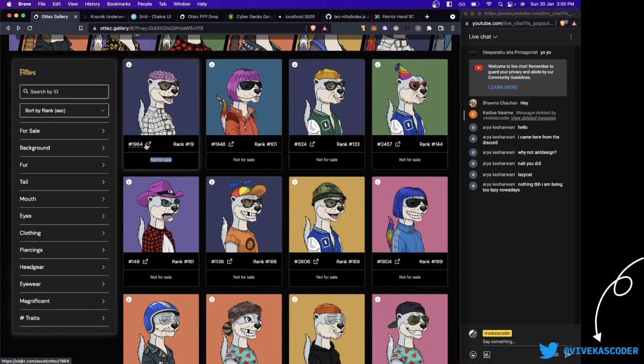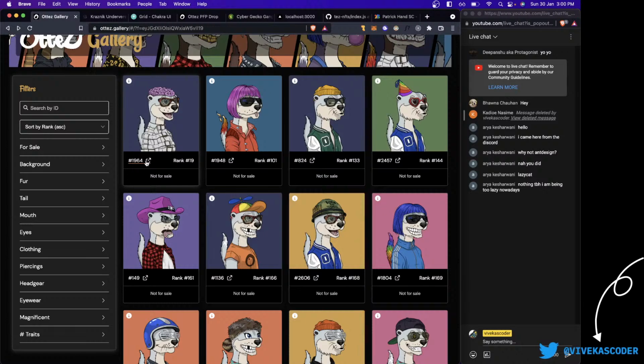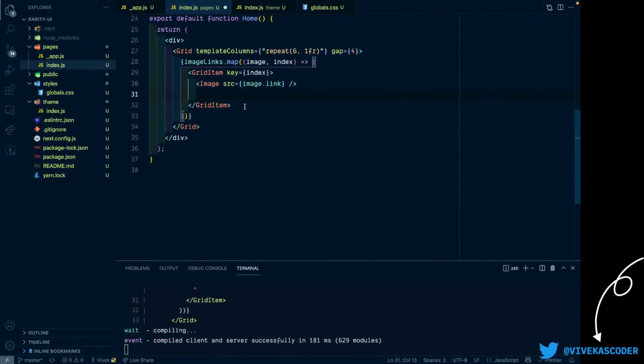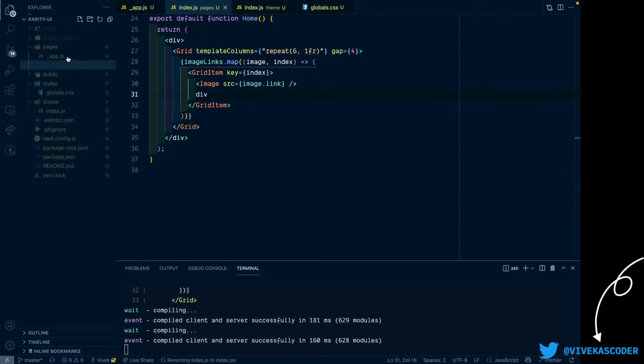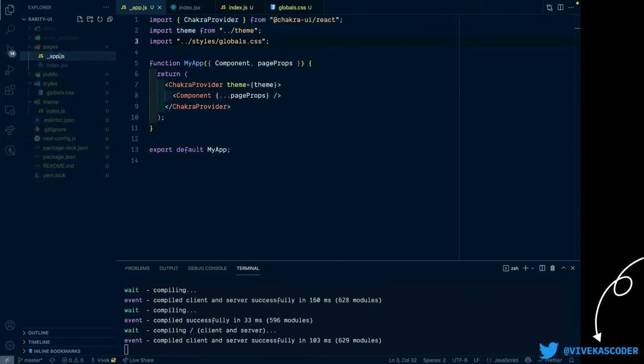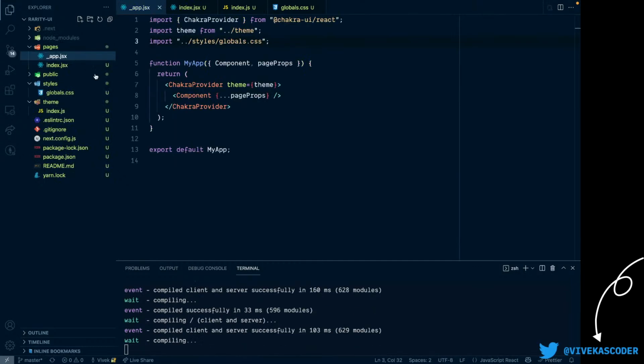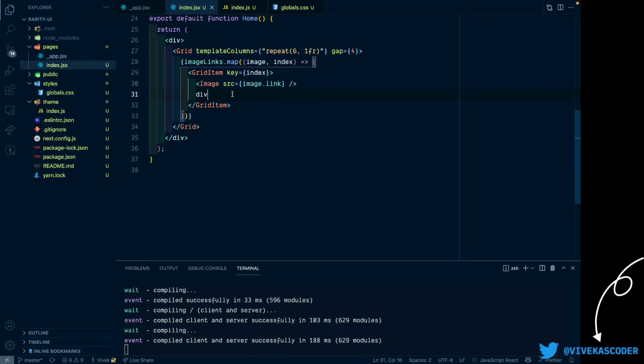Then you have the object link and then the rank itself. So rank is actually the order in which it's basically representing the rarity of your NFT. So yeah, this is cool. Let's try to do it. We're gonna have a div. I should definitely make it JSX. This as well. All right, div, and